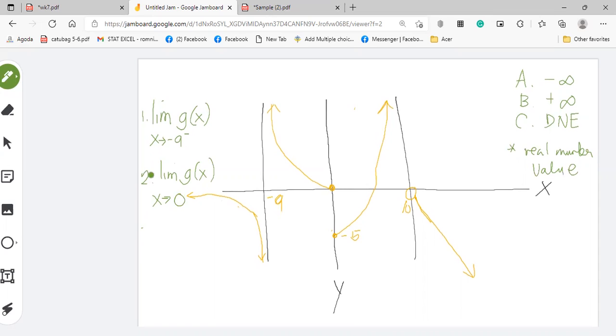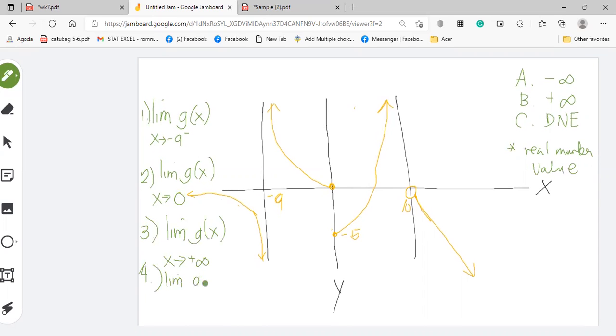Number 3, what is the limit of this function g of x as x keeps on increasing? Number 4, limit of function g of x as x keeps on decreasing. Number 5, limit of g of x as